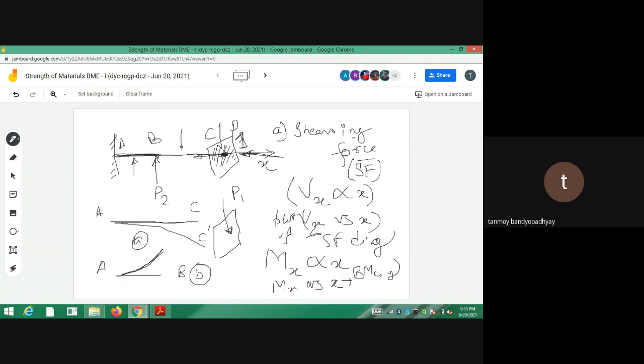Okay, so the forces cause some shearing effects, and they also cause some bending. If I plot those shearing forces Vx and the bending Mx along the span length of the beam, I will get a shear force diagram. And similarly, if I plot the moments, I will get a bending moment diagram.